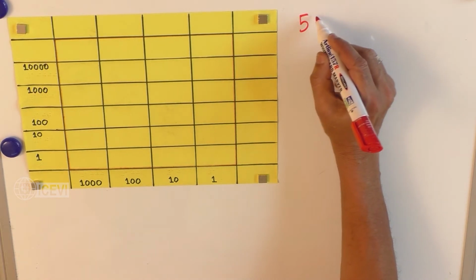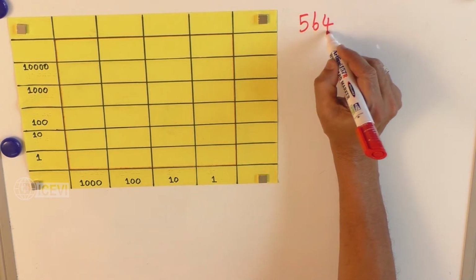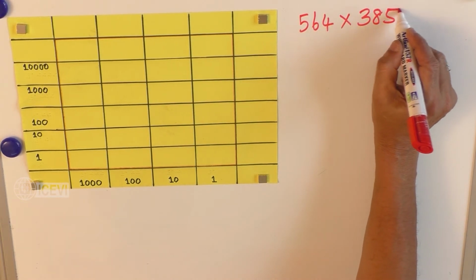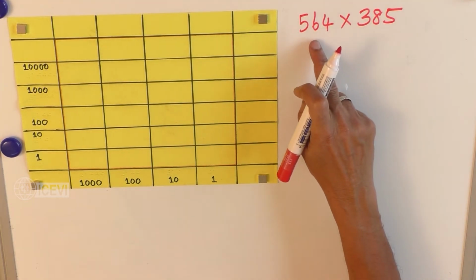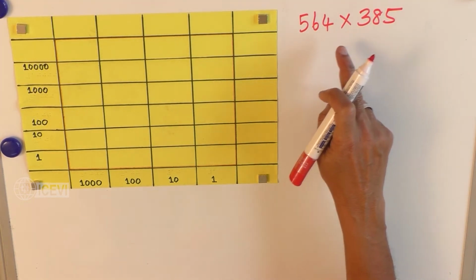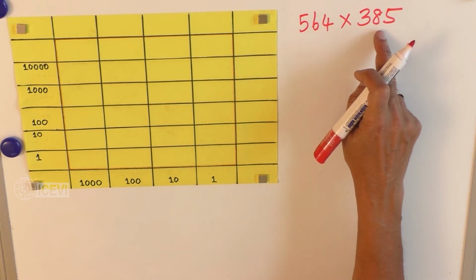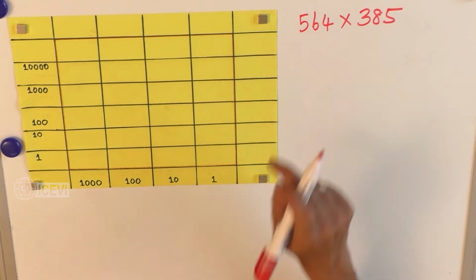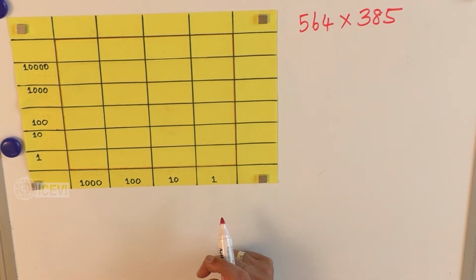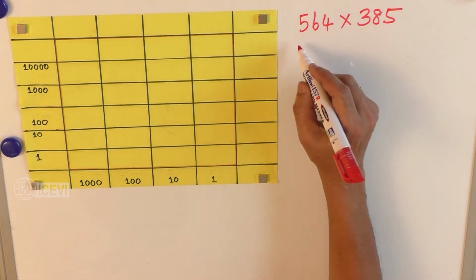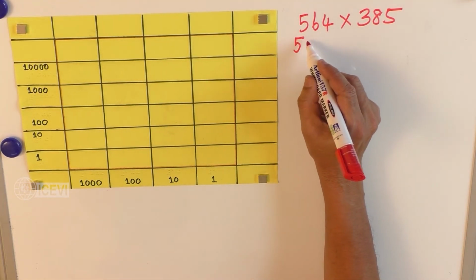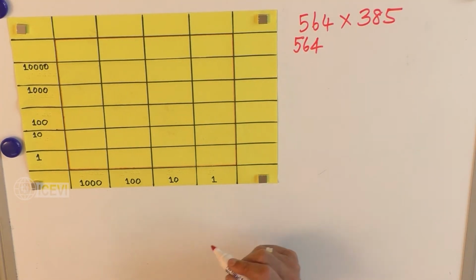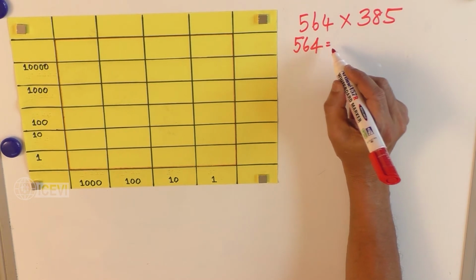Let us see how we can multiply 564 with 385. We have used 64 multiplied by 3, 64 multiplied by 38, etc. in the earlier examples. Now in the multiplier we have 3 digits, that is 564, and we have to convert the multiplier into the expanded form. So 564 can be written as